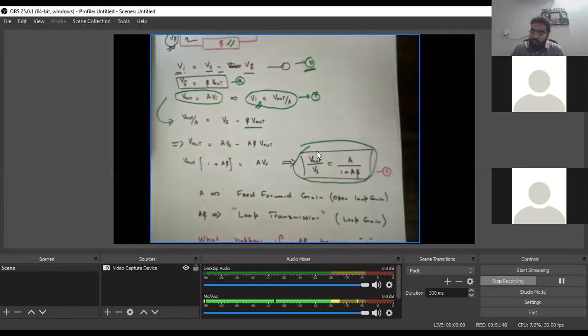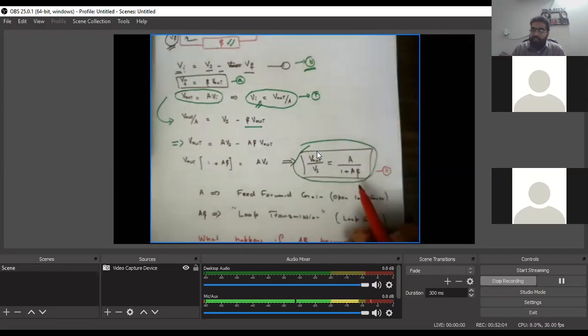Anyone have any question related to this expression for the feedback? Okay. So now we have this expression of A divided by 1 plus A beta. What will happen if this